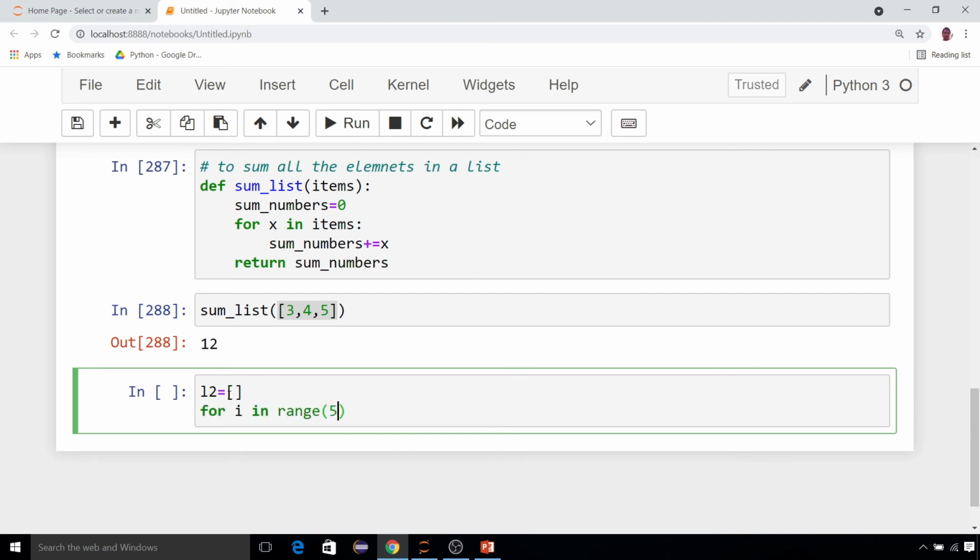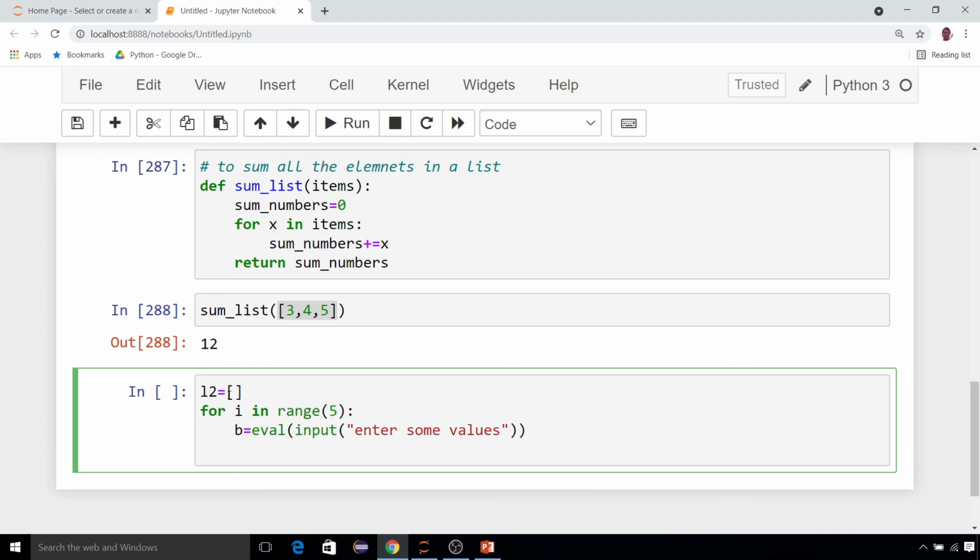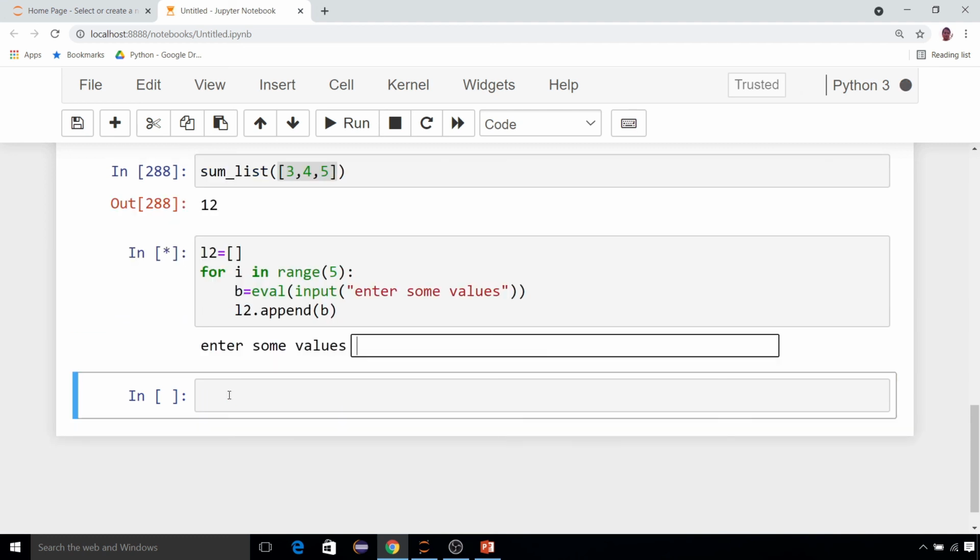suppose again just like previous I am taking some values from the user with eval, obviously. Enter some values, and I am appending on L2 dot append this B. First of all take values, and be very careful, pass only integer or float.